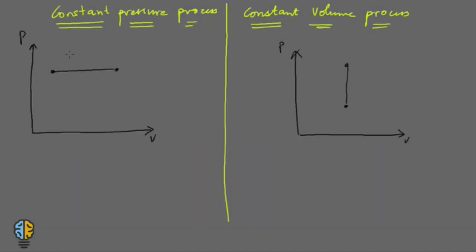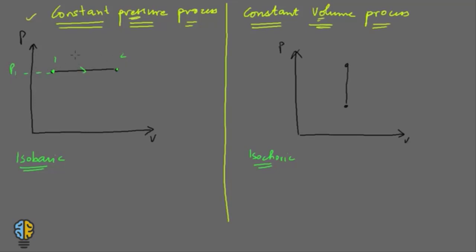Now let's come to the quasi-static processes and find out the PDV work in these cases. So let's take a look at the first two cases of constant pressure process and constant volume process. The constant pressure process is also known as isobaric process, and constant volume process is also known as isochoric process. Okay, now if you look at this graph, PV graph from state 1 to 2, at state 1 the pressure